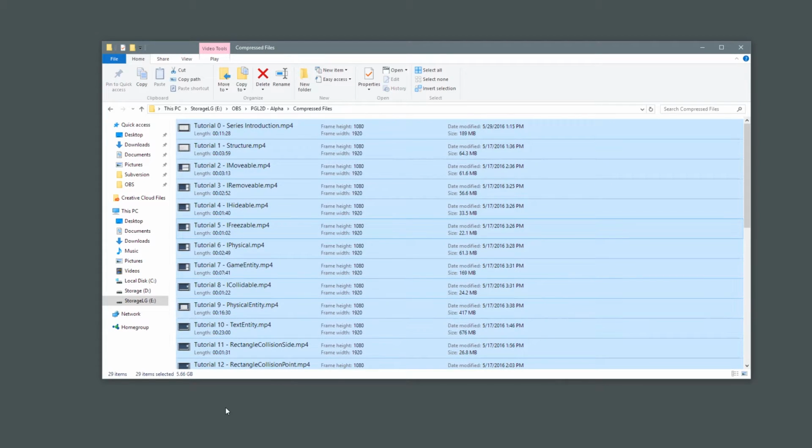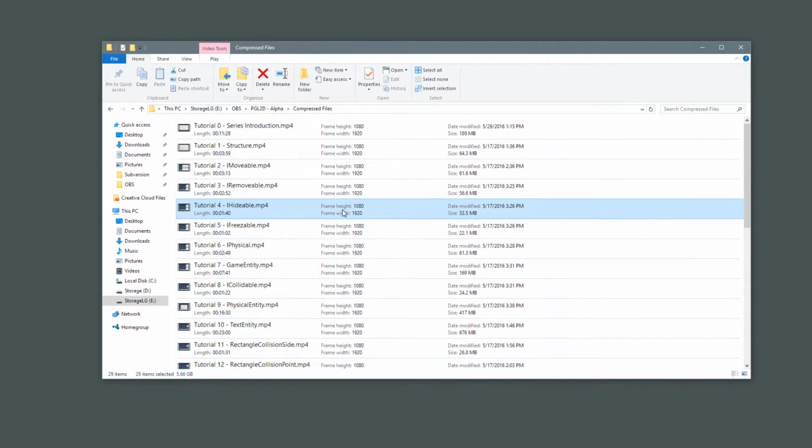Let's see, that is 5.66 gigabytes. I could have done it. My Final Fantasy X Let's Plays are around 20 gigabytes, and I upload those, and it only takes about 2 hours. So I could have done this all at once, but